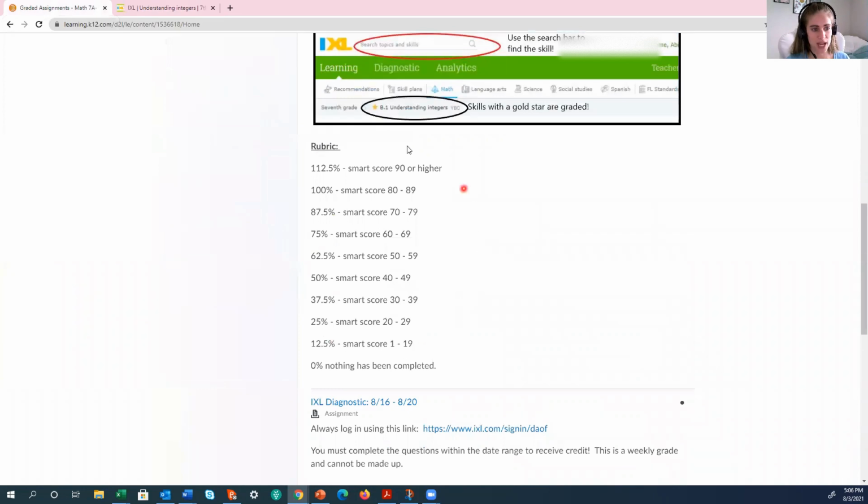Here we have a copy of your rubric. So the rubric is the way that we grade it. On the left, you have the percentages. On the right, you can see what the SMART score is. So in order to get 100% in the grade book, you need a SMART score between 80 and 89. So when you're working on IXL, if you get within the 80s, and that's when you choose to stop and either sign off or switch to another assignment, we as your teachers will see that and you will get 100%